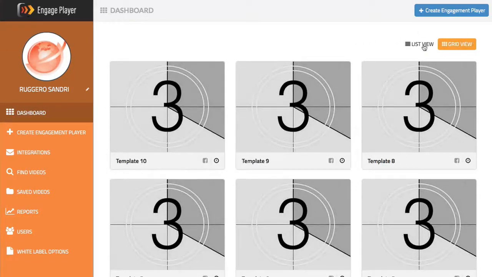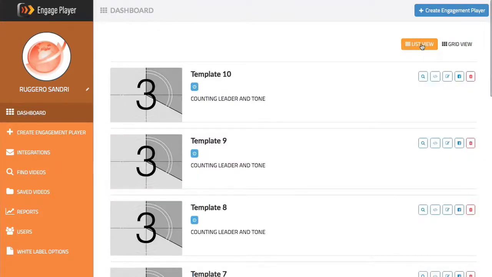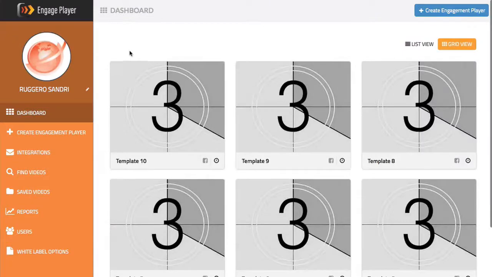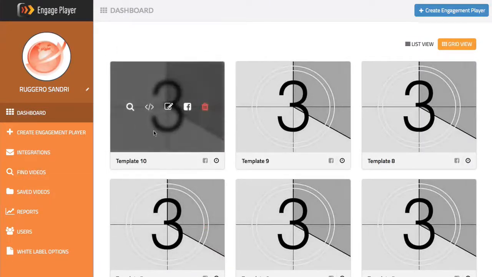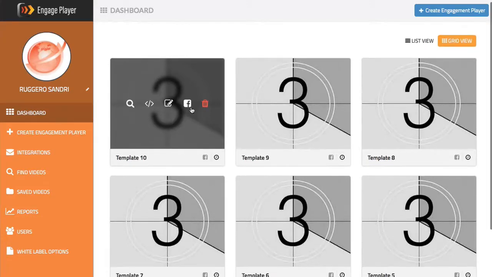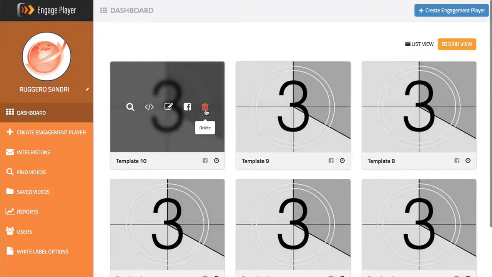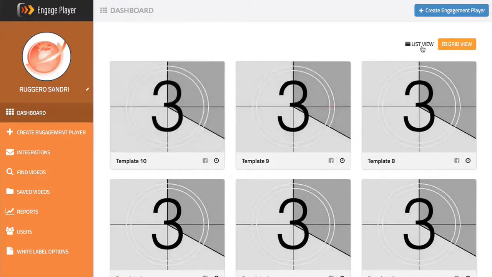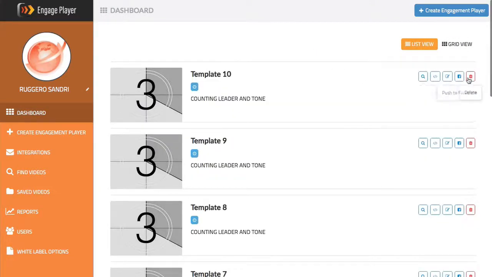Basically, we provide two different views. There's the grid view and then the list view here. On grid view, it will display the name of the engagement, as well as if we roll over, we can take a look at the preview, grab the embed code, edit it, push to Facebook, which I'll show you is a part of the premium plan, so I'll show you that in a bit. And then, of course, delete it. Those same exact options are available on the list view as well, right over here. All right,